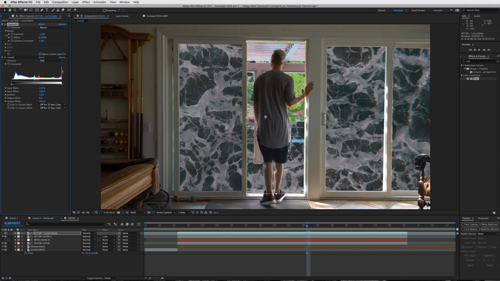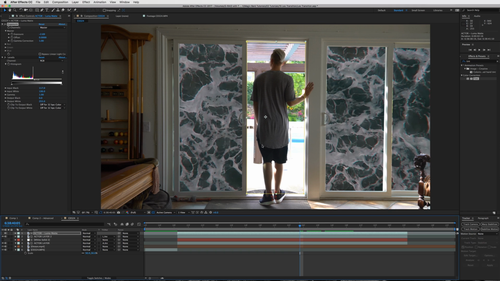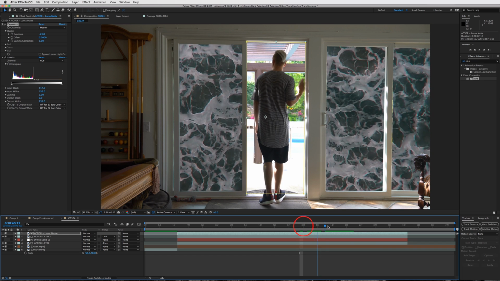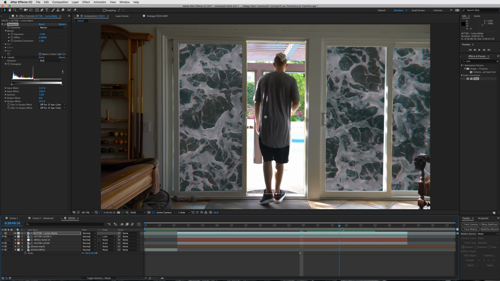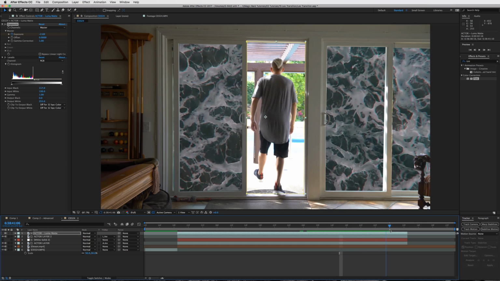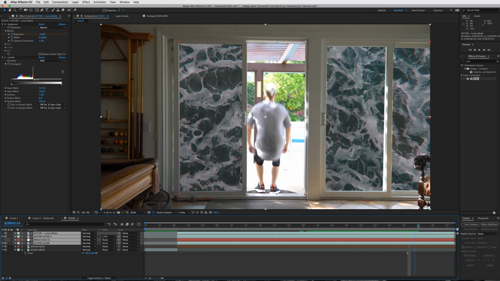So let's work with the keyframes and get this right. So drop it down to about negative 2.69, and this is going to be a different number based off of your footage. The whole point of this one is you want to see everything here. So drop it down to that, and then what we'll do is keyframe as he takes a step out. So let's start the keyframing about here. So we're going to keyframe the exposure and bring our playhead forward a few frames till he jumps all the way out, and let's expand our layers all the way out